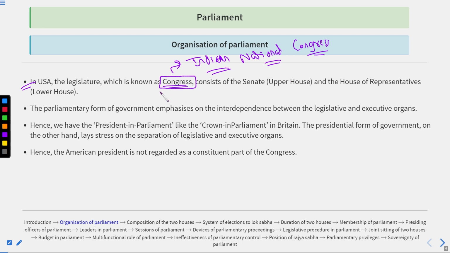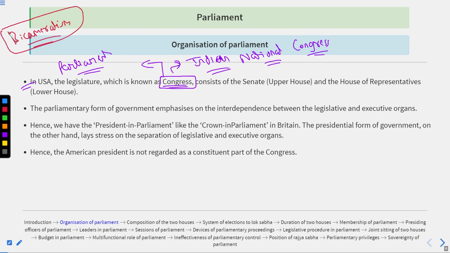But when we talk about the Congress, Congress is the Parliament of the United States of America. Okay, so basically that Congress in the USA is also based on the bicameral system or bicameralism. Why? Because it consists of the Senate, the upper house, and the House of Representatives,